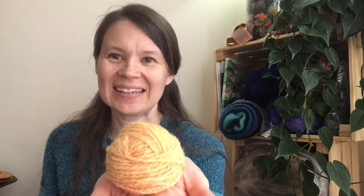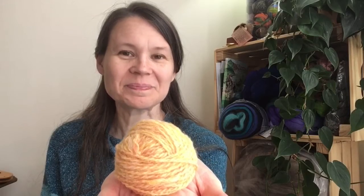So I did this little ball of this, this is what I'm working on sampling for my cooped up sweater. I did a little bit of this, just long draw, and 2-plied it. And I thought I had oodles and gobs. And then I put it on my Nitty Knotty when I pulled it off the spinning wheel, and I did this one on my Ashford Joy. And I thought I had plenty spun up, and it turns out this is really only about half of what